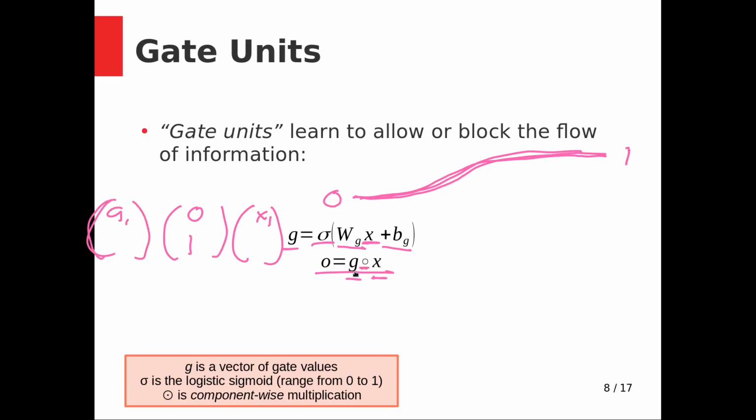When we multiply, if the value is near 1, it will not filter that channel. It will let that through. So if it learns to produce, under some conditions, a value of 1 for a certain gate, then when we do this pointwise multiplication, it will let that value in unmodified. Other times, if it learns to have a value of 0 on a certain channel, it will multiply that x by 0 and block it. So what O here ends up being is some things from the original input roughly unfiltered,